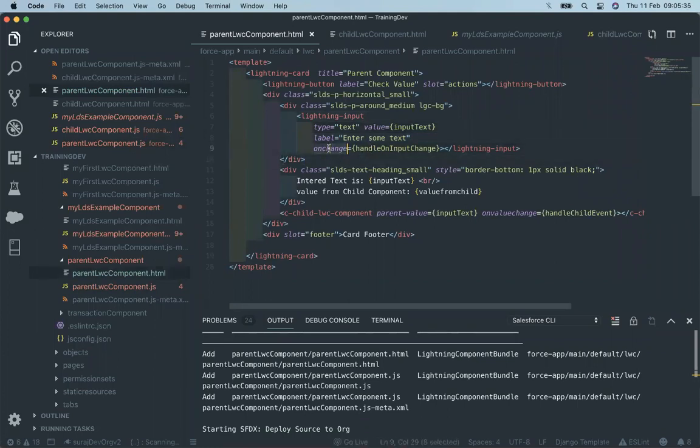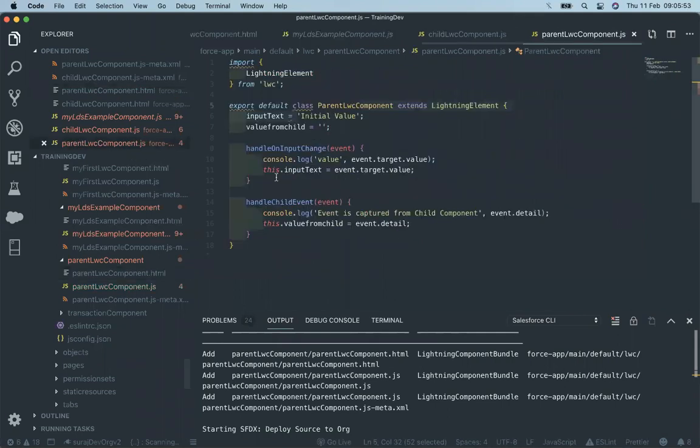Event can be anything. It can be an on change event, an on key press event, any event. This is an out of box input field, so it has many events available up here, so there is no issue. I just use the on change event for that. The on change event will execute a method inside the parent component, and on the basis of that method I can get the value that is changing inside the input field.